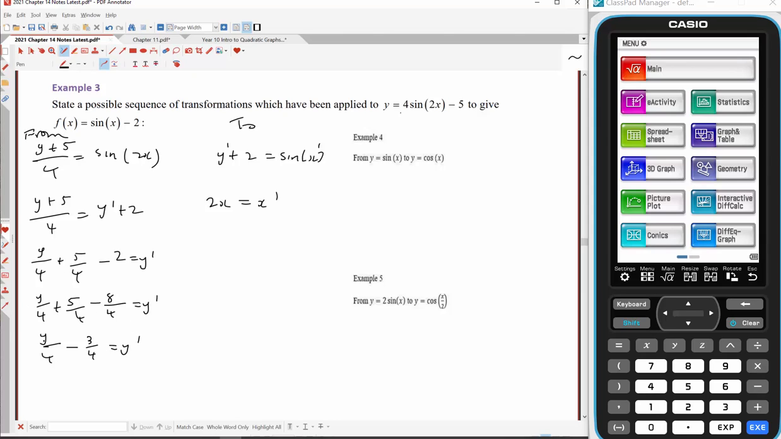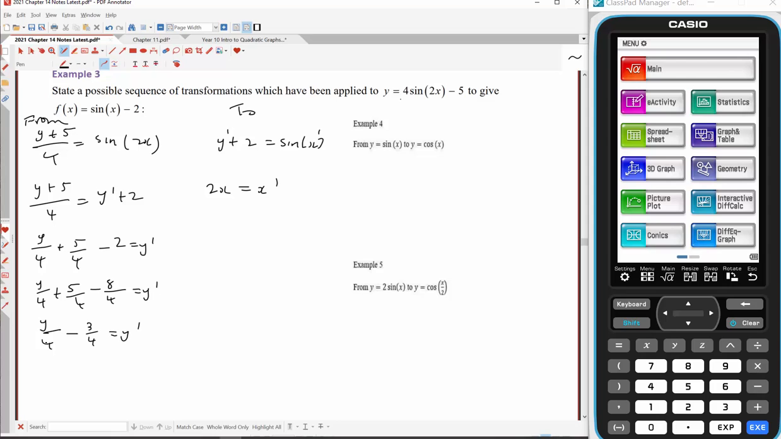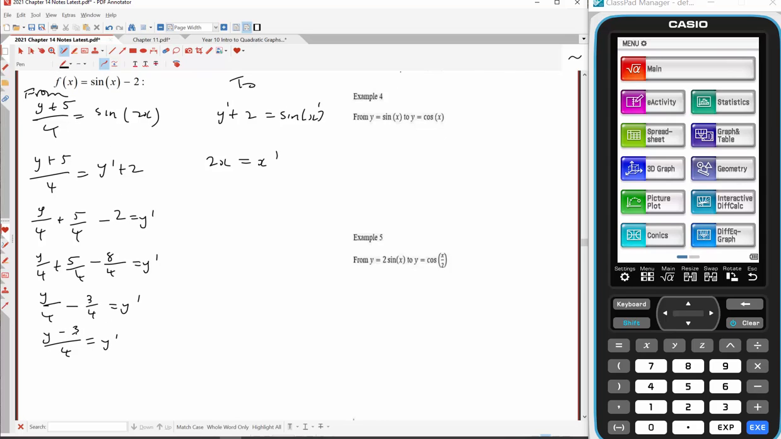Okay, so a possible set of transformations will be to dilate by a factor of a quarter and translate 3 on 4 down. We could then do this one here, which is a dilation factor 2 from the y-axis. We could clean this up a little bit and say that this is y take 3 on 4 equals y dash. And in that case, what we would do is lower it by 3 units and then dilate by a